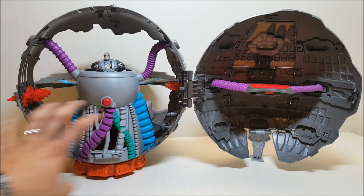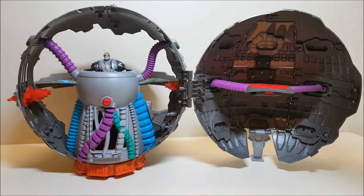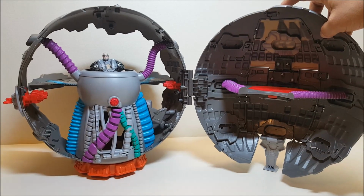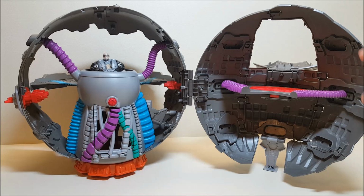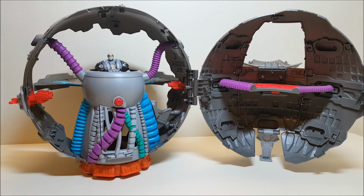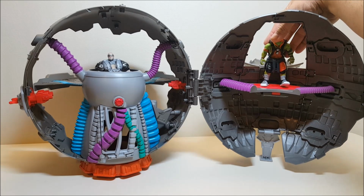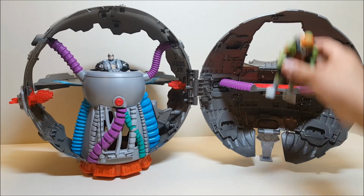For example, I talked about the tunnel, the secret entrance. There is a secret entrance on this guy. So it's going to be right up here on the top of this side. You just pull this panel open, and there you go. That's your secret entrance into the Technodrome so that the turtles can sneak in. And we'll grab Mikey here real quick. And the turtles can use this entrance right here to kind of sneak into the Technodrome right there. Now, a couple other